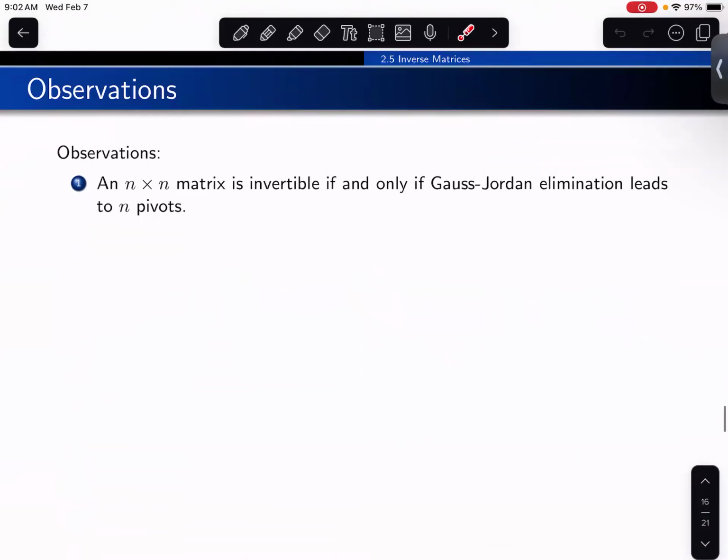So this is a multi-part theorem, which gives us a lot of useful information about invertible matrices. And so this first part of the theorem is exactly what we observed in the previous example. So we're going to have that an m by n matrix is invertible if and only if the Gauss-Jordan elimination leads to n pivots. So what I mean by this is that we're going to start off with a matrix A, and for it to be invertible,